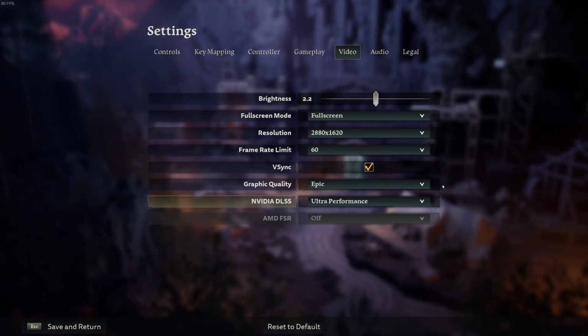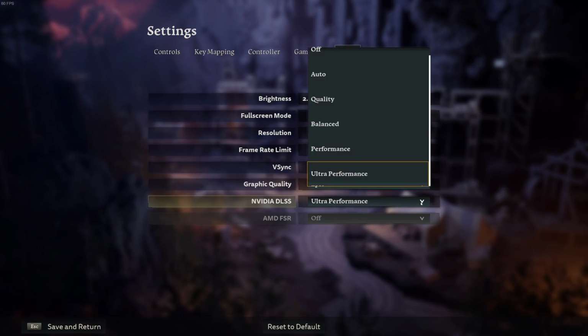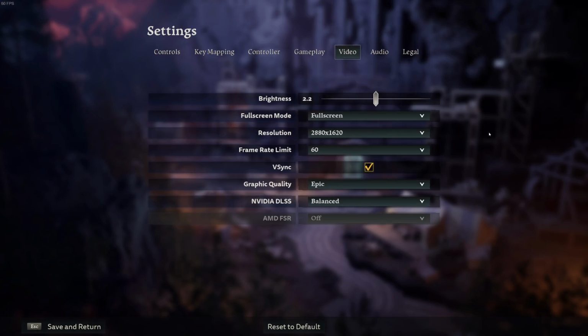So on top of the DSR option that will take over when you do this with the resolution, you can also put on the traditional anti-aliasing option of your choice, the TAA or DLSS. In this case, DLSS is the only option. I'm going to pick balanced on this one. And then you basically save it